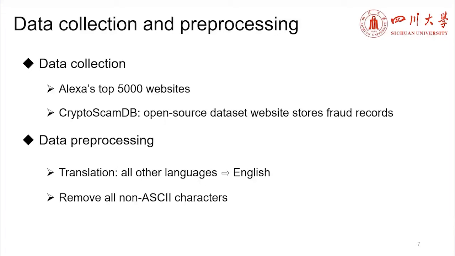The collected content includes pictures, text, DOM tree, homepage screenshots, and external URL links in the secondary web pages and the home page. According to the characteristics of the dataset, we translate all other languages into English. Next, we clean the text and remove all non-ASCII characters in the data. After the data preprocessing is completed, we can extract website features.